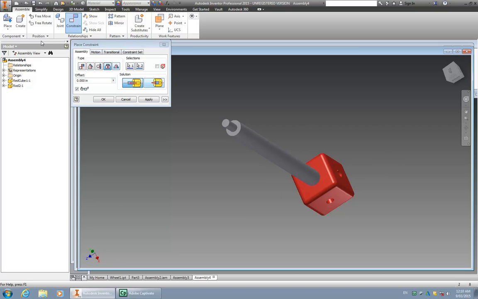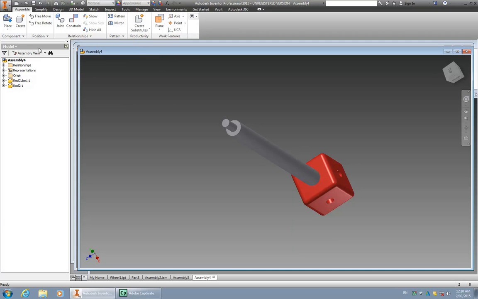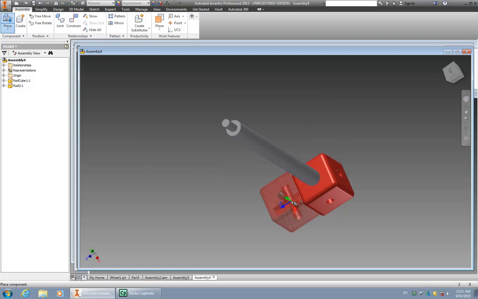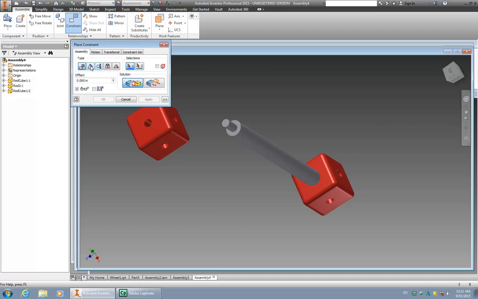Now I could do it differently. I didn't have to use that, so let's bring in something else. So I'm going to apply that and accept it, cancel out of here, and I'm going to bring in another part. Let's say I'm going to bring in another cube. Here we go. Bring in him, pop him over here, escape out of the second part. This time try and use a different constraint, just to show you a little bit. Try the mate constraint. So we'll select mate,